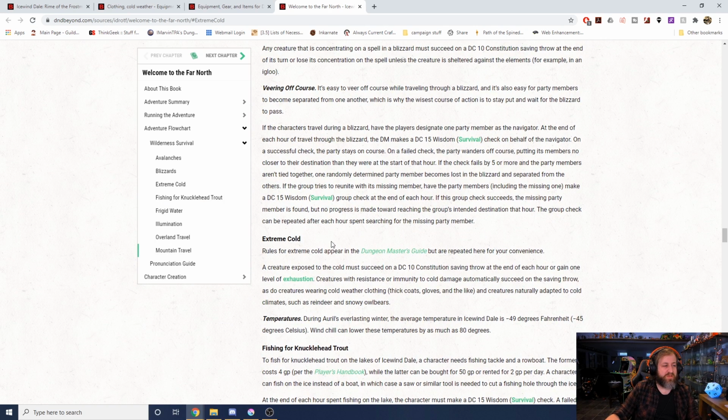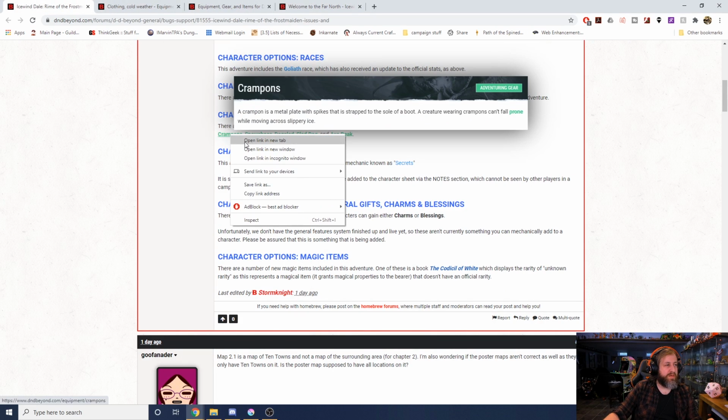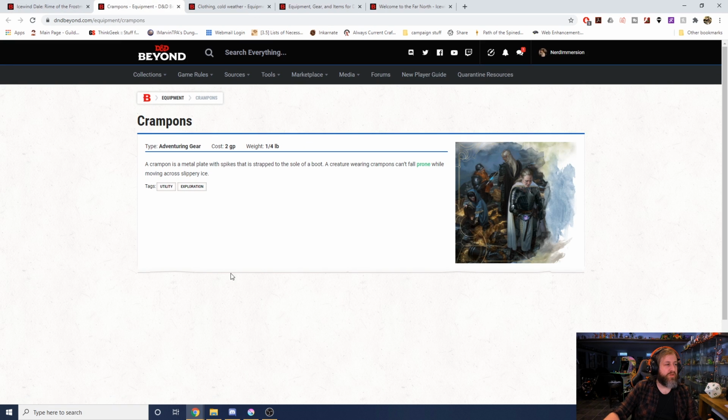A creature exposed to the cold must succeed on a DC 10 saving throw at the end of each hour or gain a level of exhaustion. Creatures with resistance or immunity to cold damage automatically succeed on the saving throw, as do creatures wearing cold weather clothing. Next up, we have crampons, which are basically metal spikes added to your boots to keep you from...